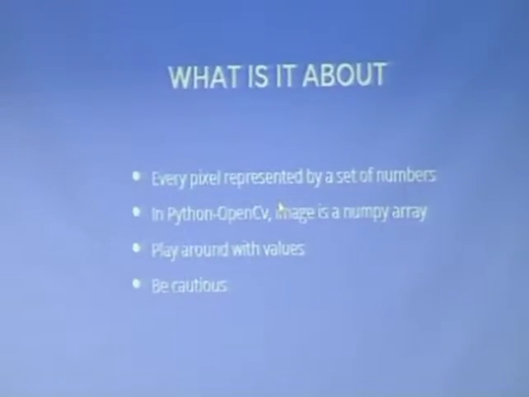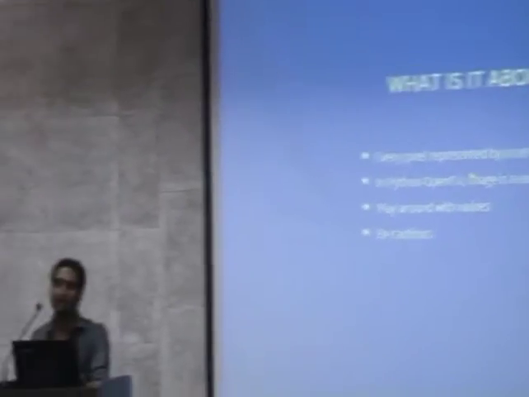Every pixel representation is denoted by a set of numbers. Now I say set because it's not necessary that a block is represented by a single number. A colored image is basically represented by 3 channels, popularly known as RGB, the red, green, blue parameters. Web developers might be very well aware of this fact. And in Python OpenCV, the best advantage of doing image processing is that every image is a NumPy array. NumPy arrays give us very fast computation.